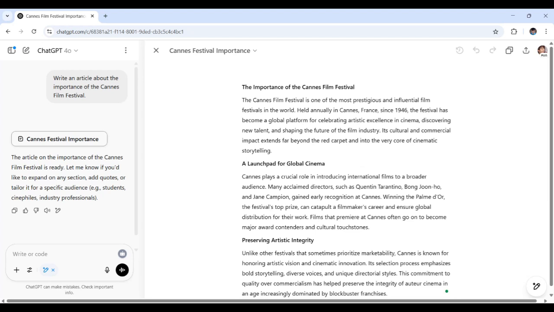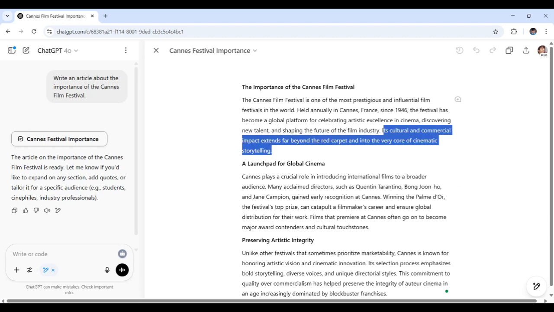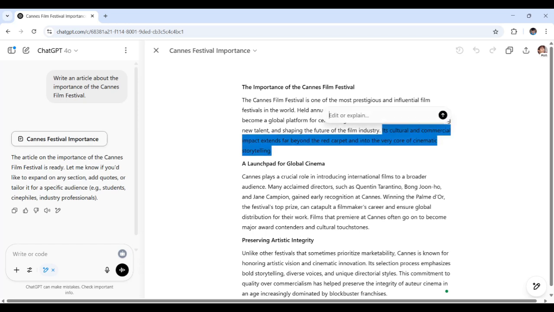So let's get started right now. By the title, of course, let's select a random sentence right here. How about this one? There are a few different methods to rewrite your sentences under the interface of ChatGPT Canvas. The first method is this feature right here, Ask ChatGPT. Once you select this and click it, it turns into a text input box. This is where the magic happens.